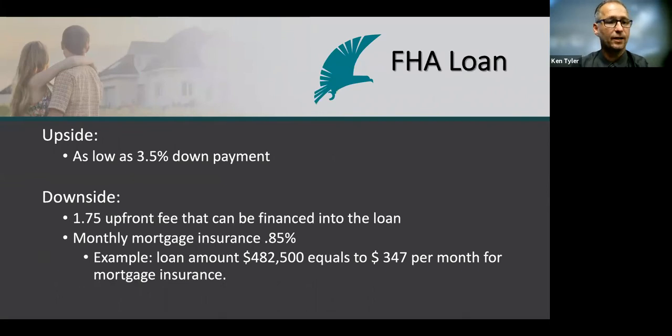So an FHA loan, the upside, only 3.5% down payment, which again is so low. I mean, that is a very low down payment when you're looking at borrowing around $500,000. Okay, the downsides,